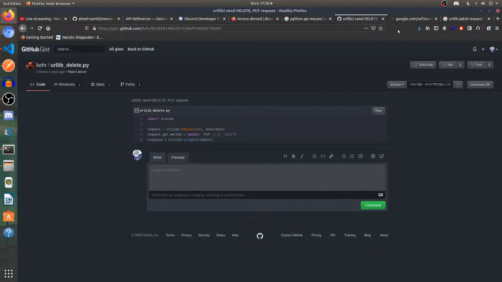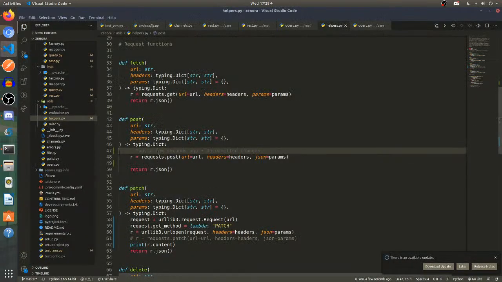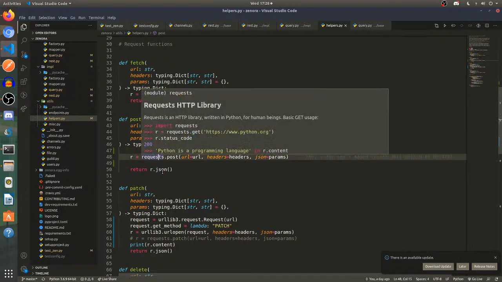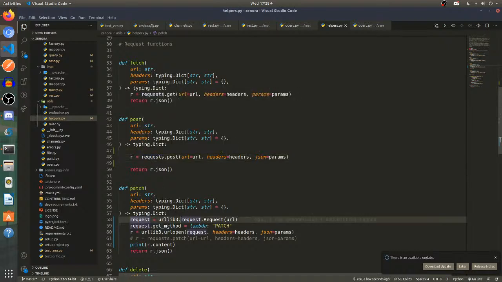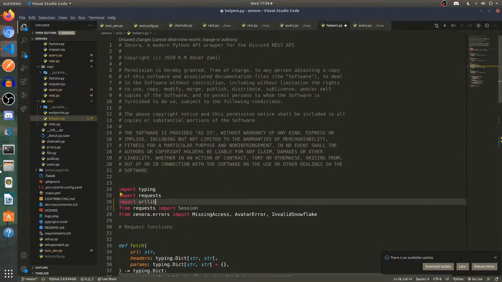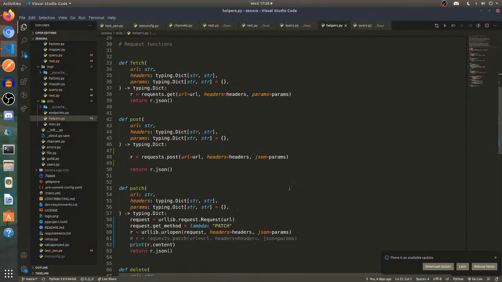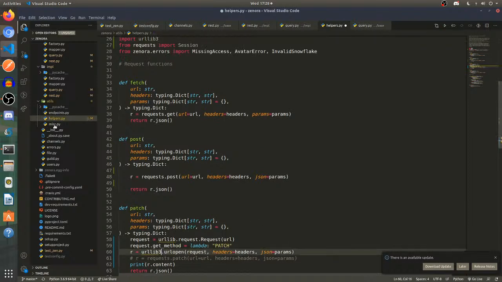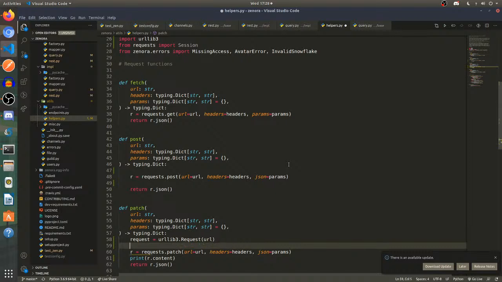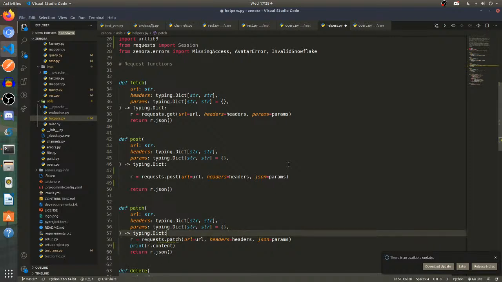This is using urllib2. Is it okay if I use urllib instead of urllib3? I should be able to use this. Nah. This doesn't have this. Let's do Control Z and forget about all the changes.